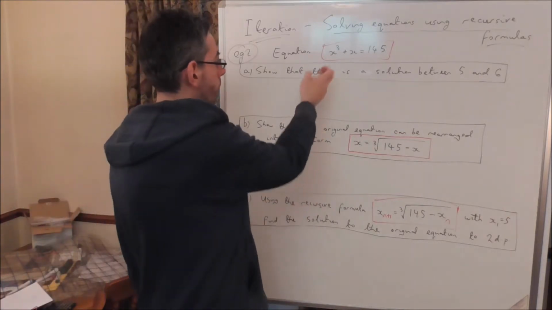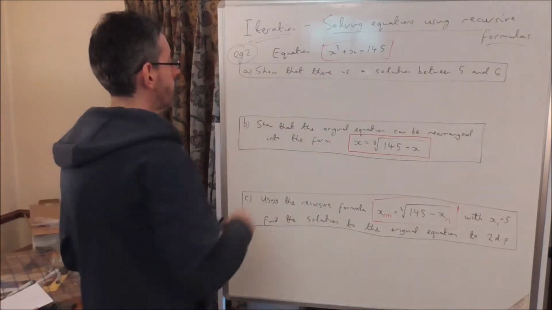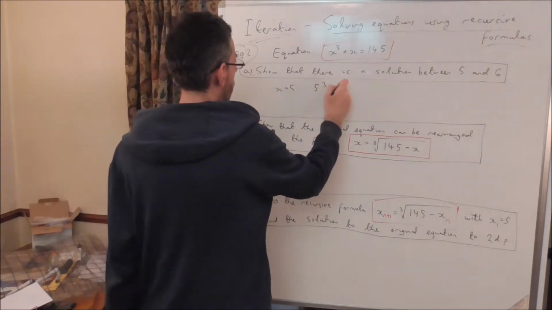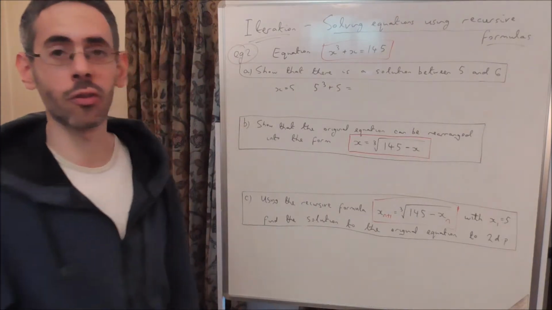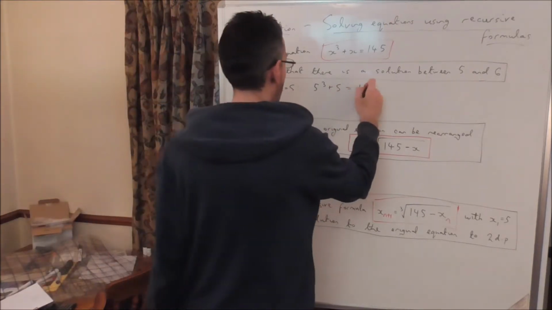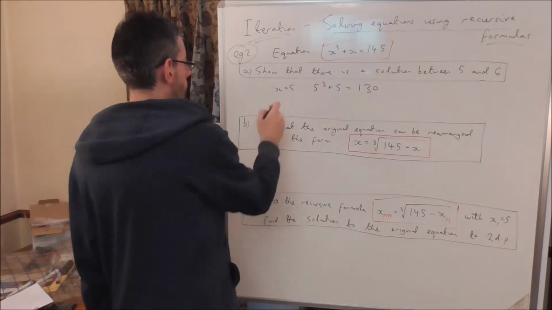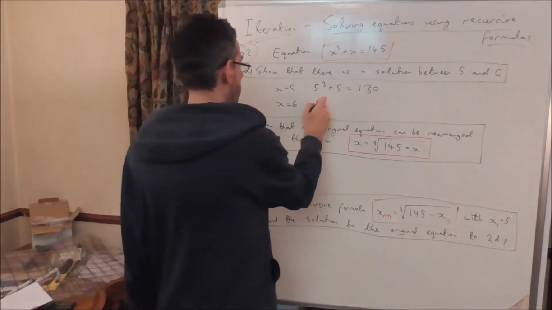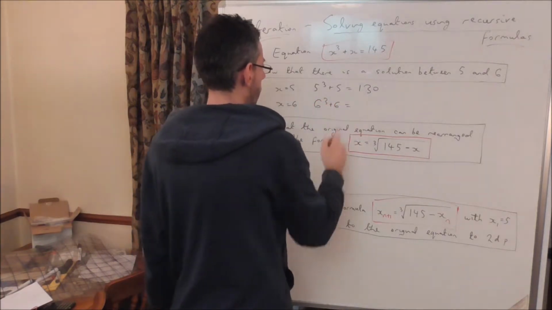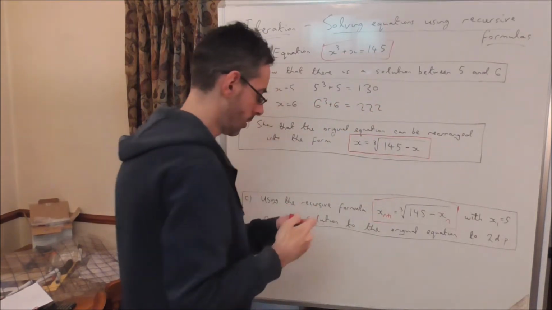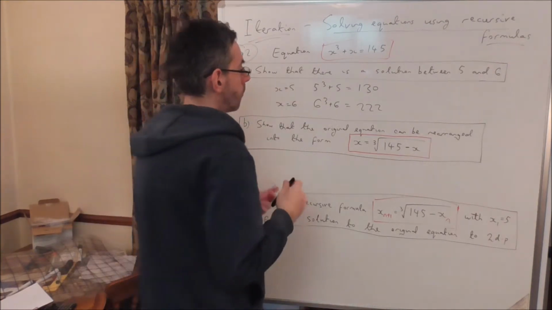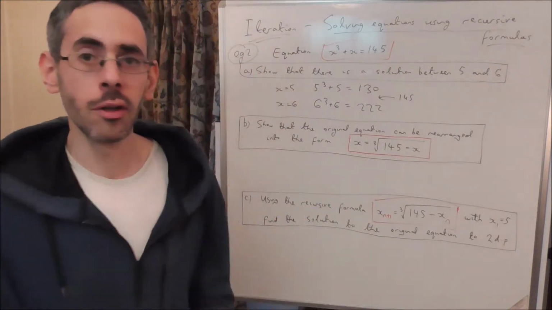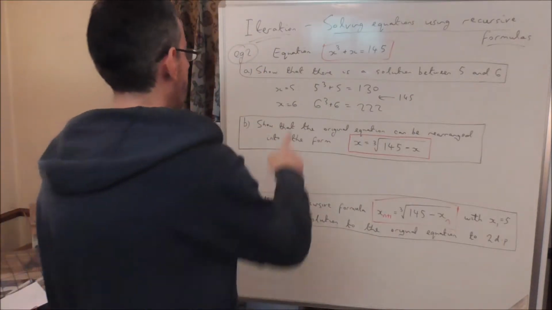Well, let's put 5 in and let's put 6 in and see what happens. So when x is 5, you get 5 cubed plus 5. That's 125 plus 5 is 130. So 5 isn't a solution, 5 is too small. When you put 6 in, you get 6 cubed plus 6, 216 plus 6 is 222. So since 145 is between 130 and 222, that suggests that there's a solution to this equation somewhere between 5